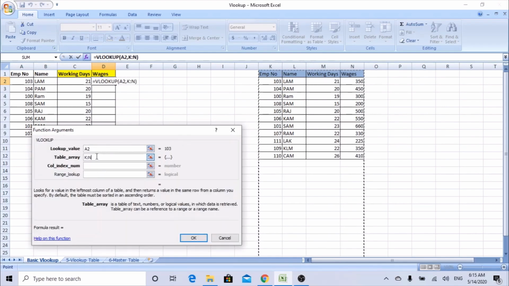When you select the entire column here, there's no need to freeze the cells because the range will take anywhere in this K column to N column. So I know the fourth column is the wages: 1, 2, 3, and fourth column. For range lookup you should always put 0 because you need to get the exact value. Either you can put 0 or you can put false,